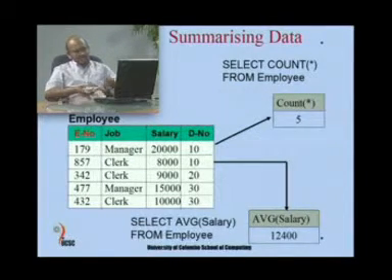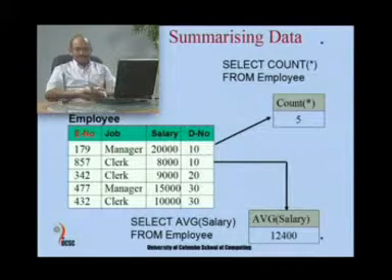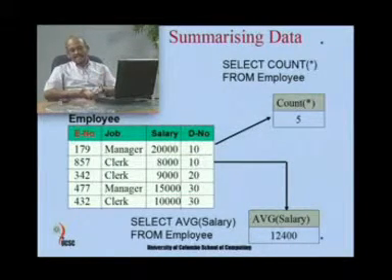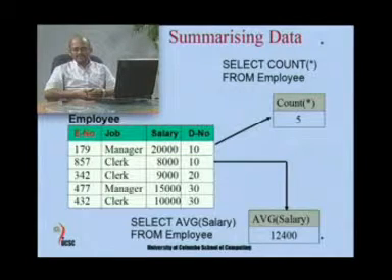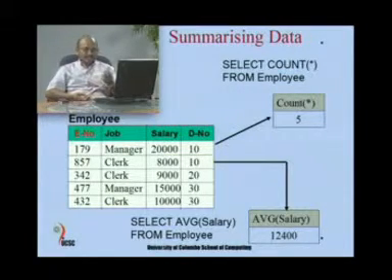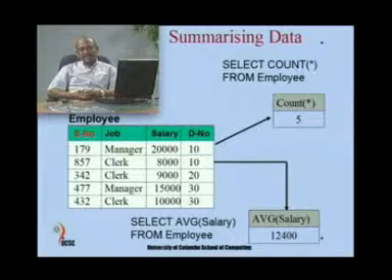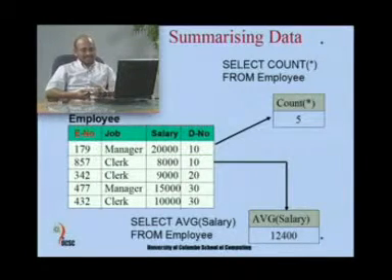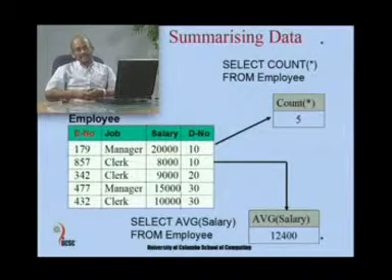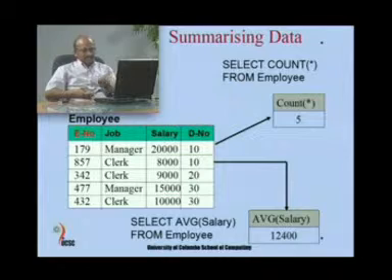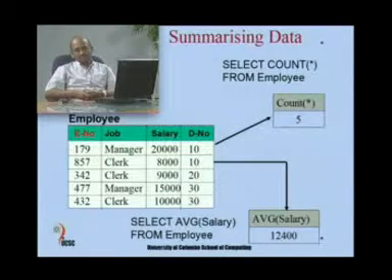So, the average means you take the values, in this case salary, these 5 salary values, and average over the 5 employees. You add the 5 salaries and divide by 5, that would be the answer. You can get it through a function called avg. If you say select avg(salary) from this particular table, then you would get the average salary, in this case 12,400.